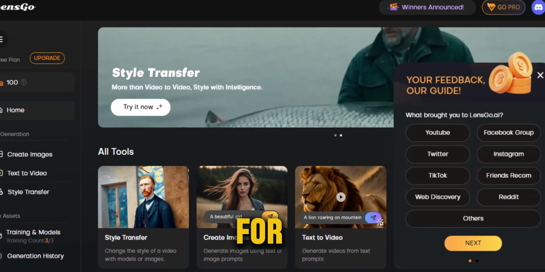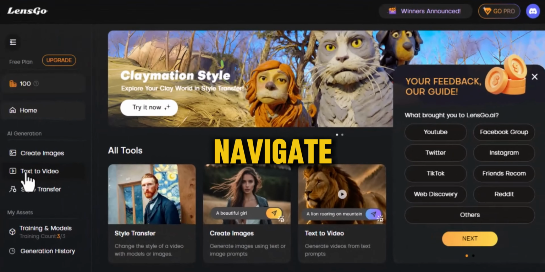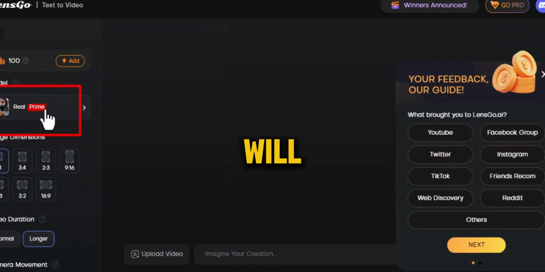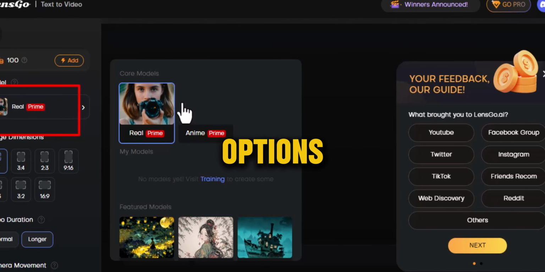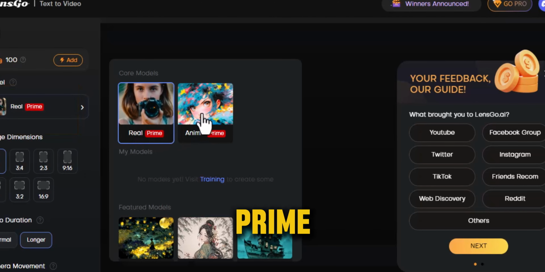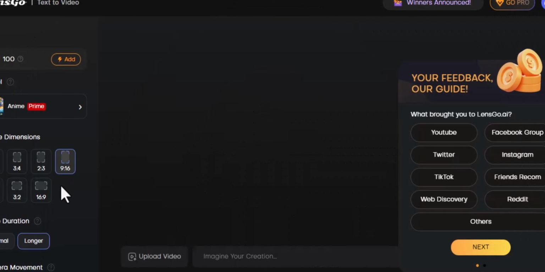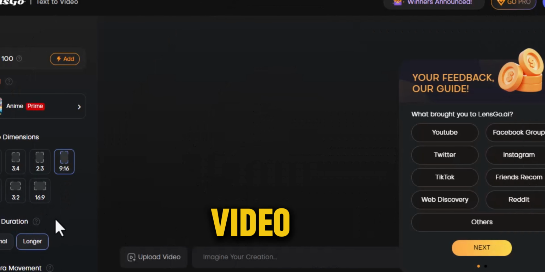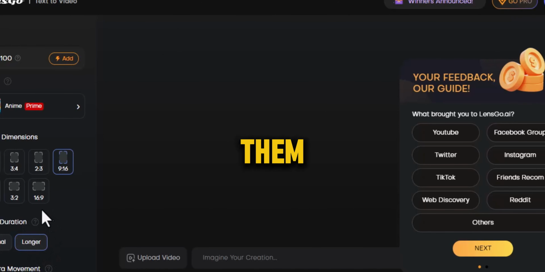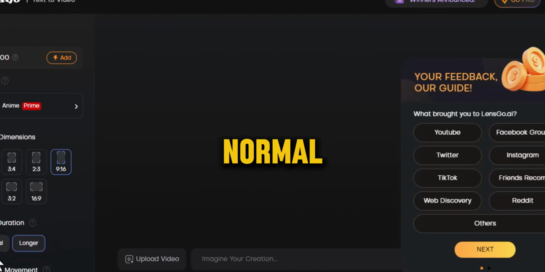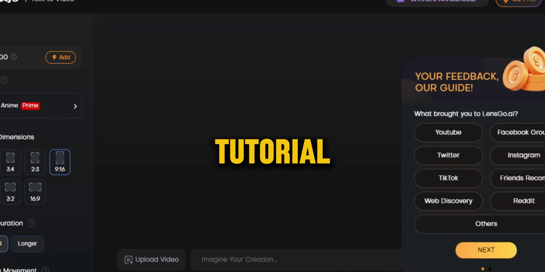Step 2. For the sake of this tutorial, we will navigate through the text to video option. Then at the top left corner, you will click model and see two options, Real Prime and Anime Prime. To convert your video to animation format, you will click on Anime Prime. You can also change the dimensions of the video, and you can choose any of them depending on your choice. You can also select video duration, either normal or longer, but for the sake of the tutorial, I will choose